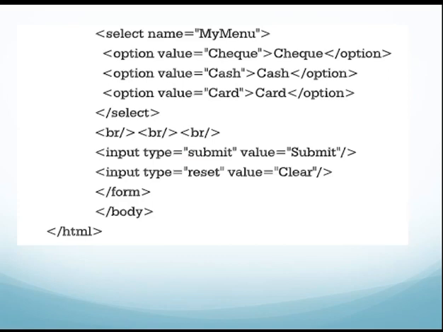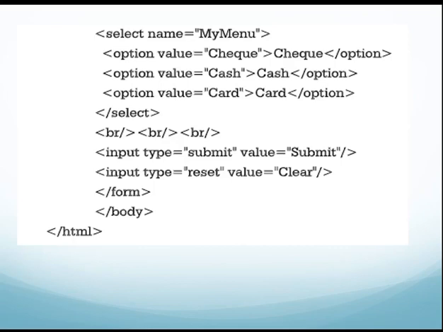So close your pop down menu, that is close the select tag. Close select tag, then give the break tag. Then in order to submit or reset a form, you are going to take 2 buttons over here. In order to take a button, you can set input type is equal to submit, or you can set input type is equal to reset, because there are 2 types of button. If you want to submit a form, you can click on submit button. If you want to re-enter your information, you can click on reset button.